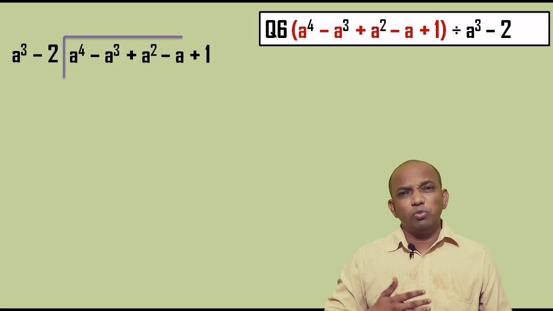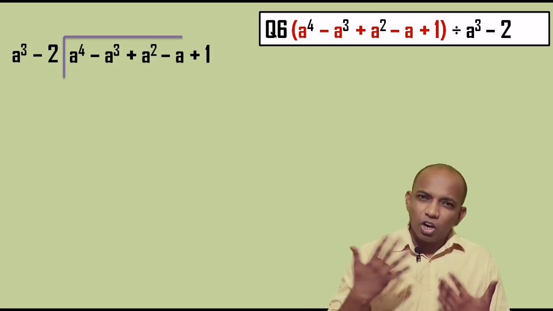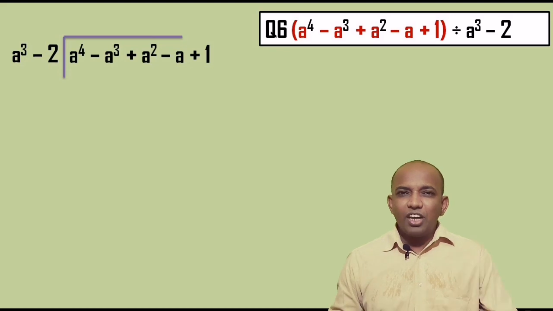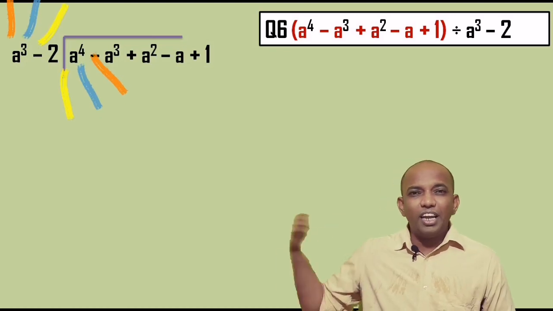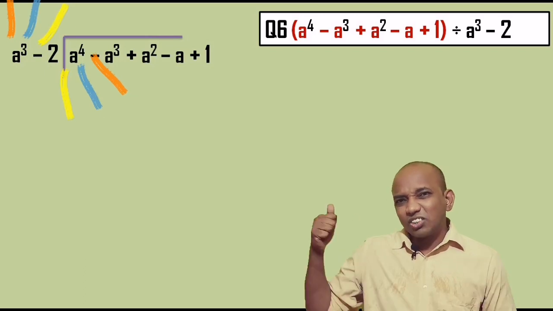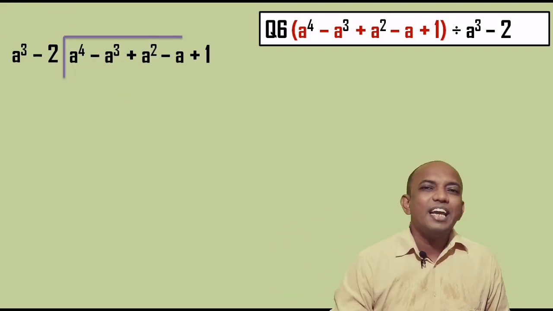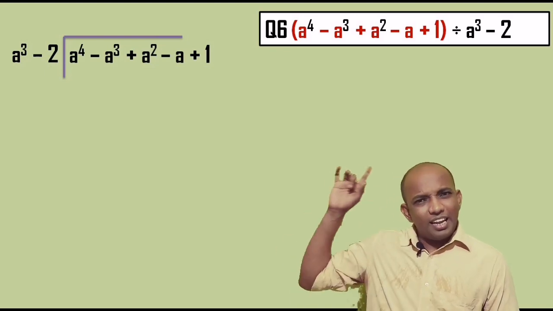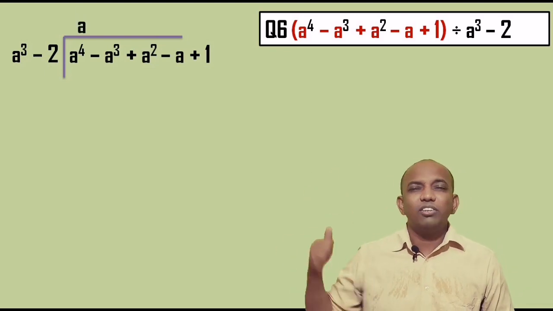So of course we will use 1 ones are 1, whether you write it or not, it doesn't matter. Now check the difference of the power. We have a cube in the divisor, we have a raised to 4 in the dividend. So how many a is extra in the dividend? Yes, 1a is extra. So what we are going to do, we will write that 1a or only a in the quotient, right? The way you are looking on the screen.